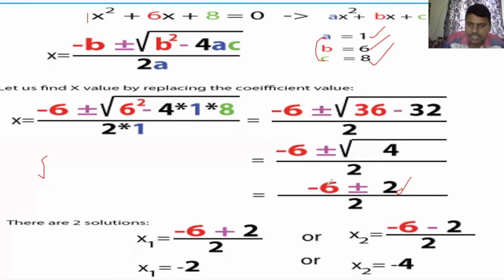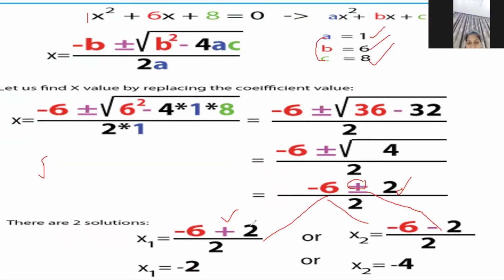Now, here, this value we will divide into 2 parts. Here I give an example. Solution 1, x1, solution 2: one time plus value, here plus or minus is there, no? One time take the plus value, one time take the minus value, between that. Is it clear, Pranavi? Yes, sir. Now, minus 6 plus 2, you will get minus 4 by 2. Final answer is minus 2. Here minus 6 minus 2 is minus 8 by 2, minus 4. This is the way you have to solve it.